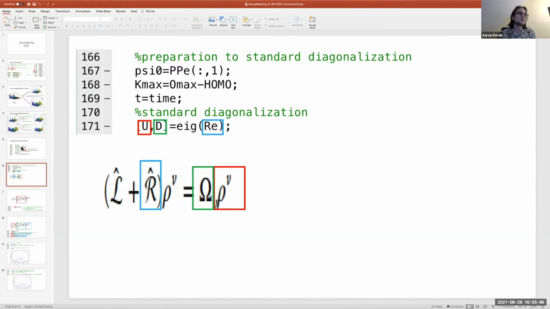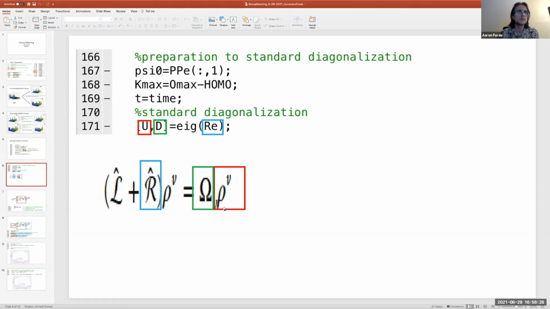And then there's a couple of lines which actually do the dynamics. I tried to link equations and the code with the boxes. First we have to find eigenvalues and eigenvectors, which MATLAB is specifically designed for. So finding the eigenvalues of this RE gives vectors U and then matrix elements D, which will be used to